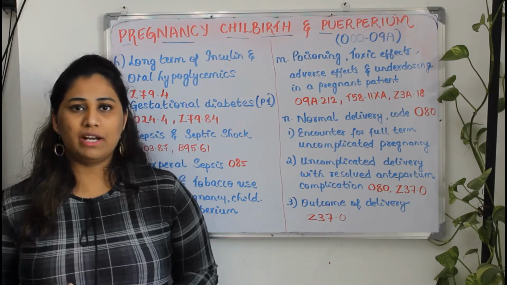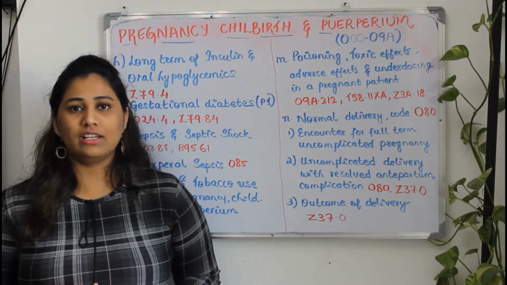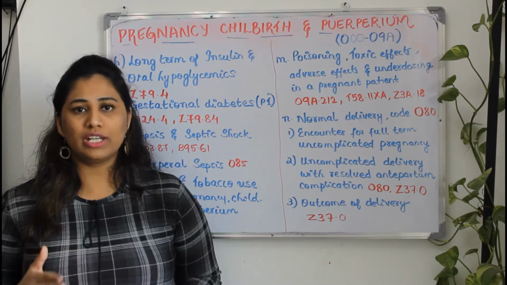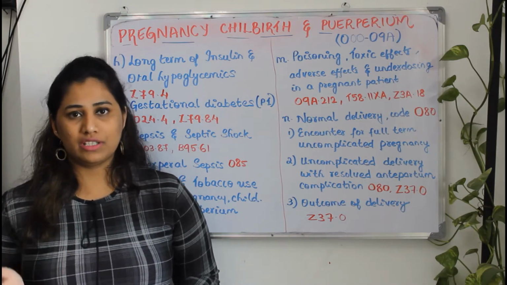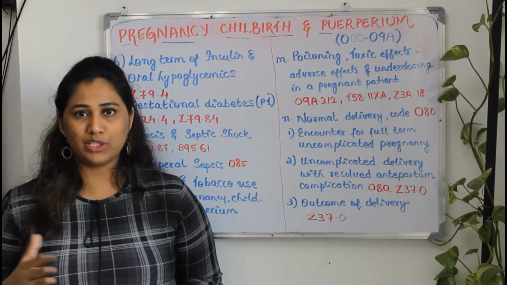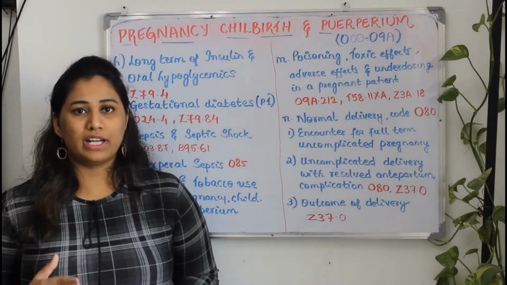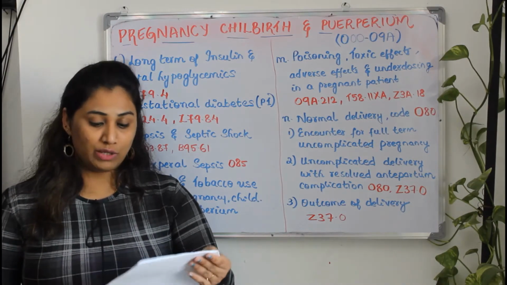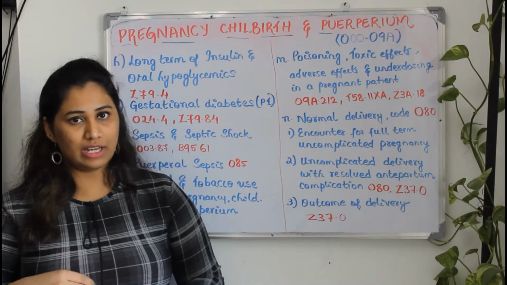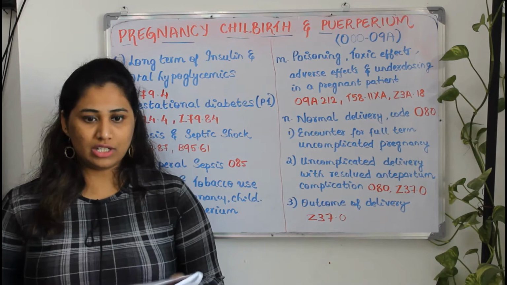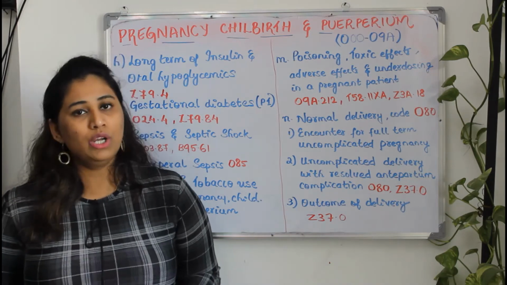So in the first part we have dealt with the pregnancy. In that we have dealt only till diabetes mellitus. As it is a long chapter, we were not able to finish it in a single video. That's the reason why we have made it into two parts. So the first part, I hope everyone has watched it. In that we have cleared till diabetes mellitus. That means pregnancy induced diabetes mellitus or gestational diabetes mellitus. These two things we have discussed.